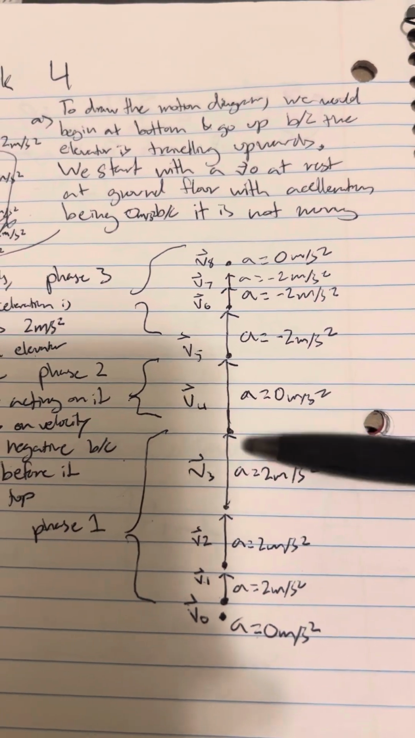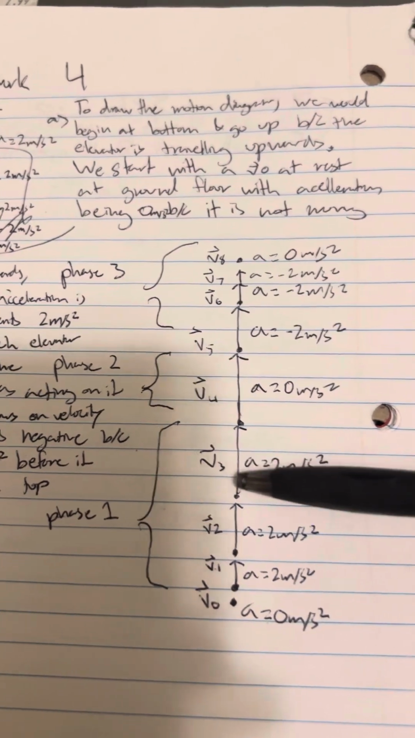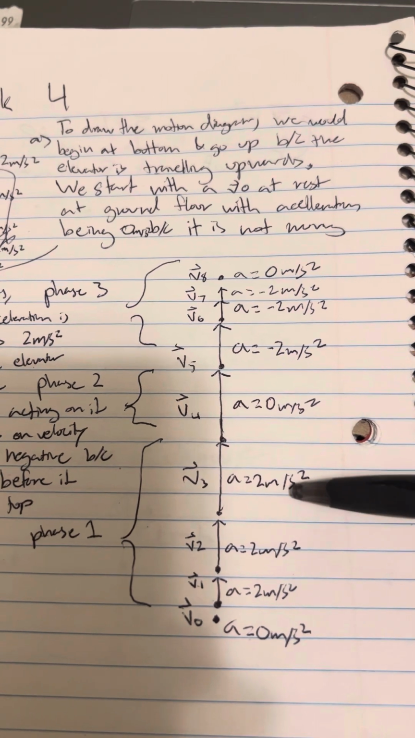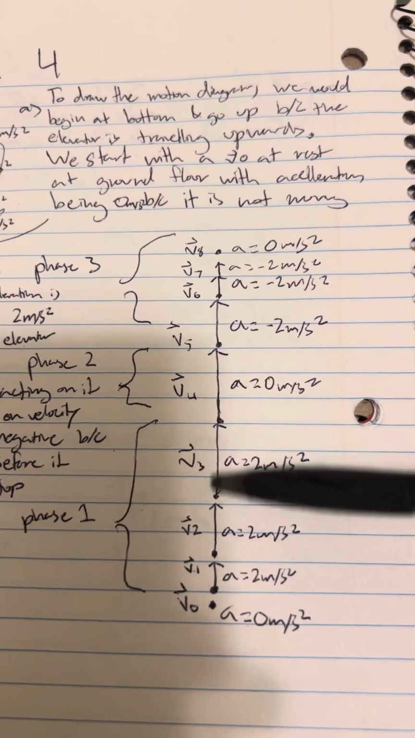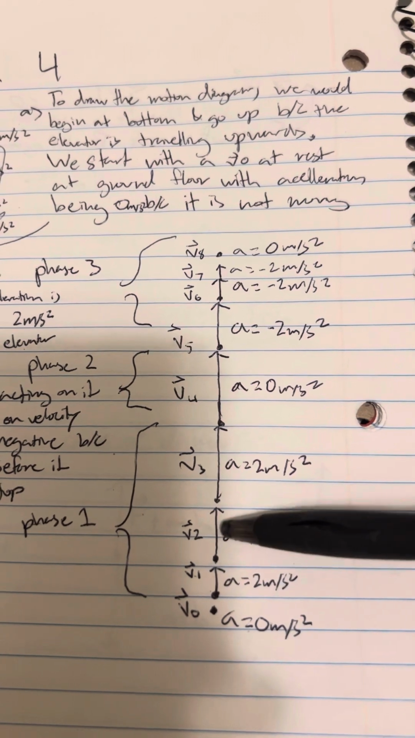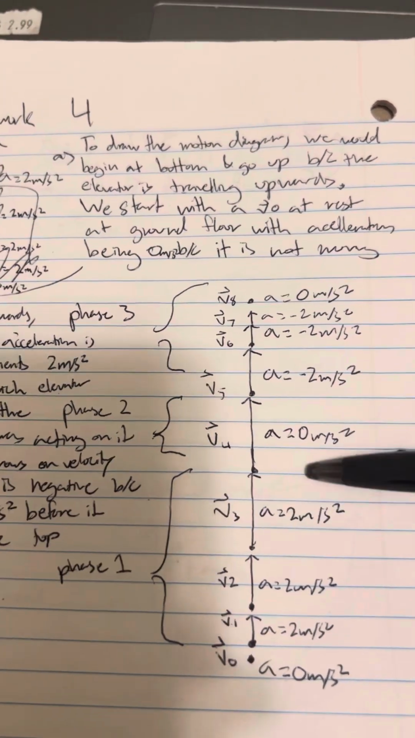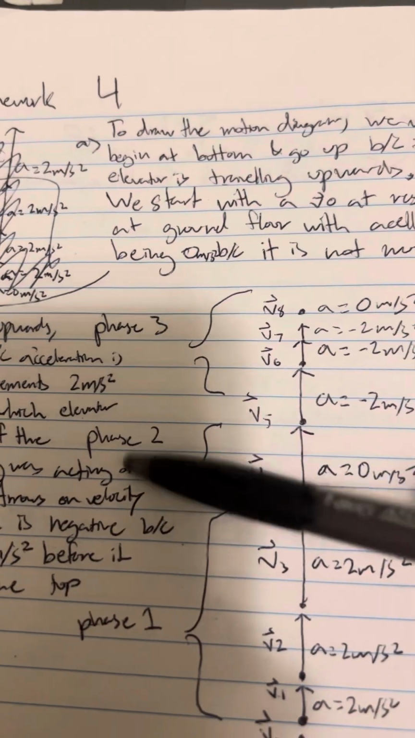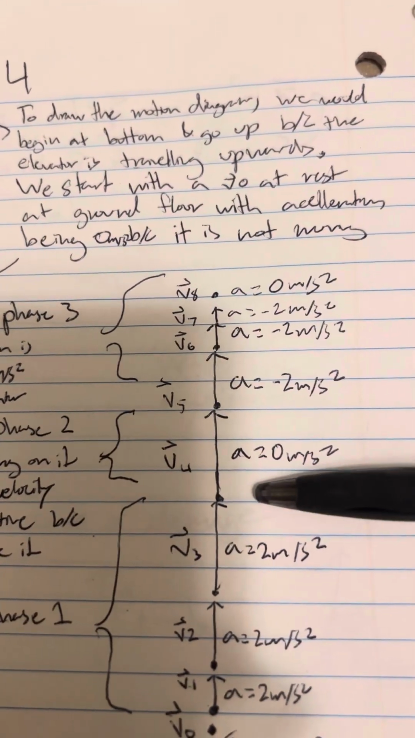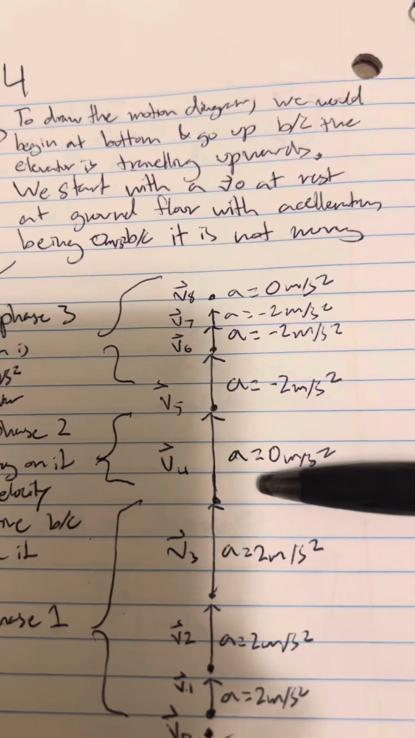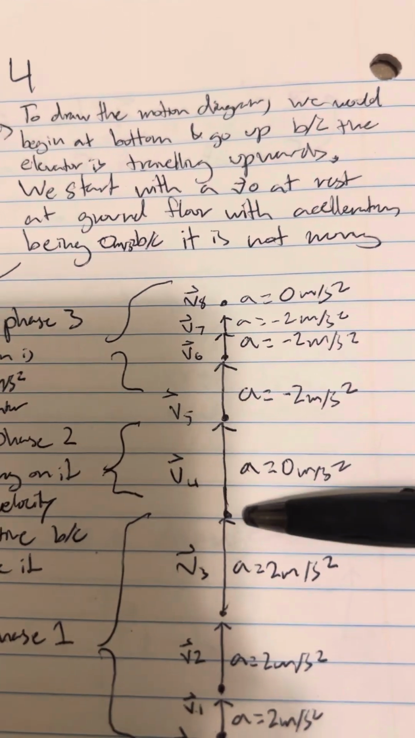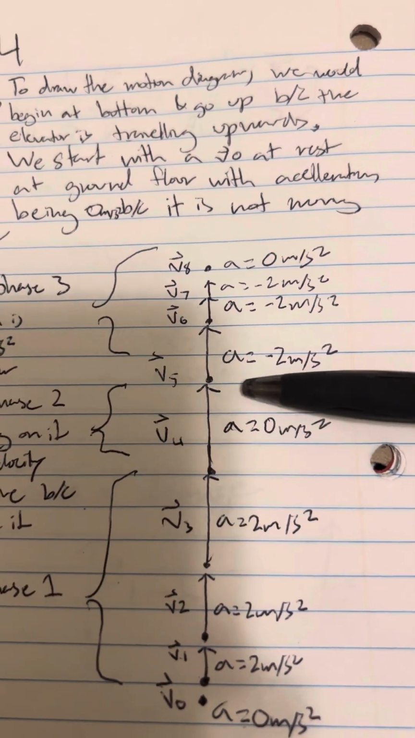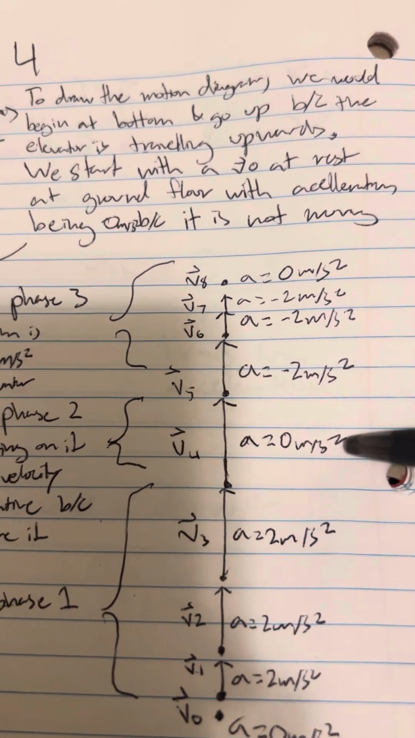And finally, to complete phase 1, you have V3. Acceleration is still at 2 meters per second squared. So it's the longest out of these 3 arrows because it's 2 plus 2 plus 2, and it reaches velocity of 6. Which brings us to phase 2, where the elevator moves at a constant speed of 6 meters per second. So this arrow is going to be the same as this arrow because it's moving constant 6 meters per second,